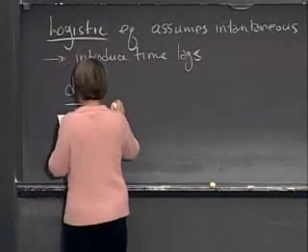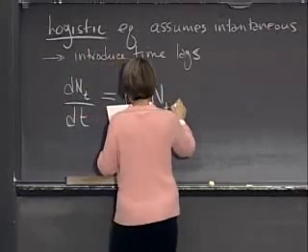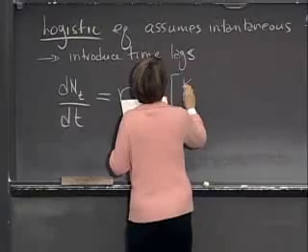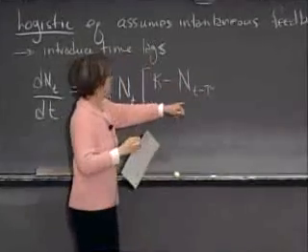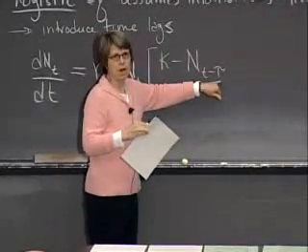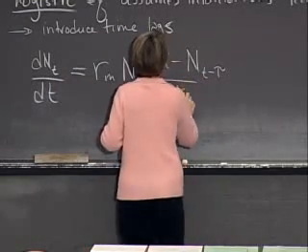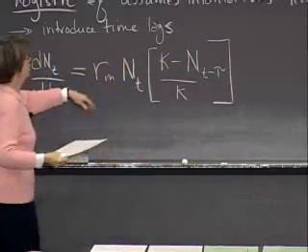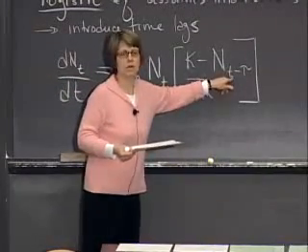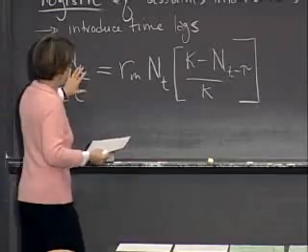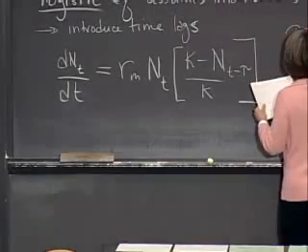dN/dt at some time t is equal to r max times N at that time t times (K minus N sub t minus tau), in other words, the density at some time tau, hours or days or whatever, earlier than t, divided by K. So what this says is that the growth rate of the population is a function of the density a little bit earlier, or some amount earlier, than the time at which you're measuring the growth rate. So tau is the time lag